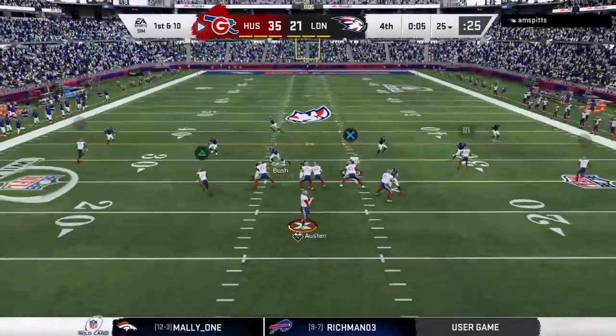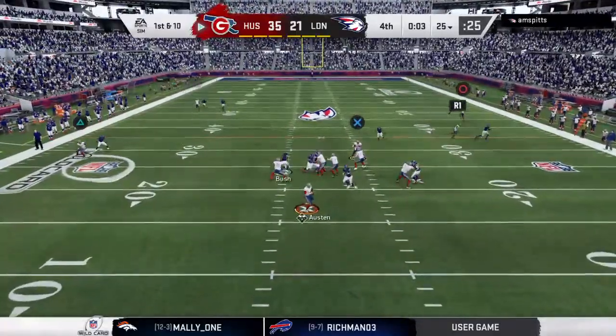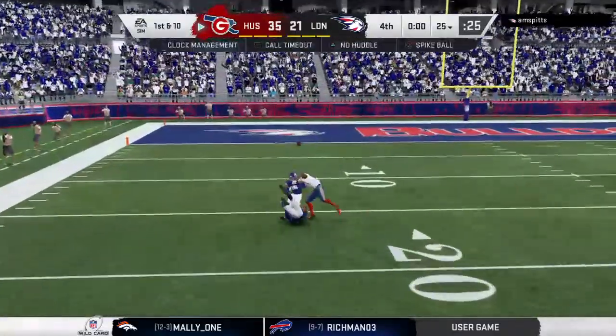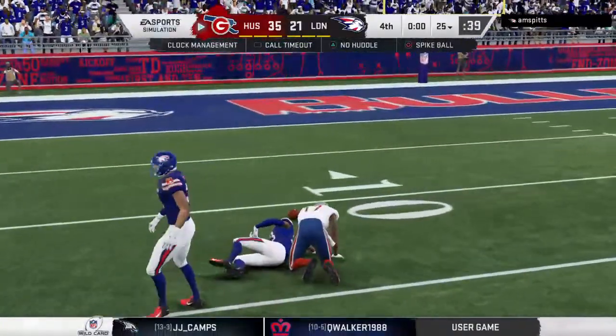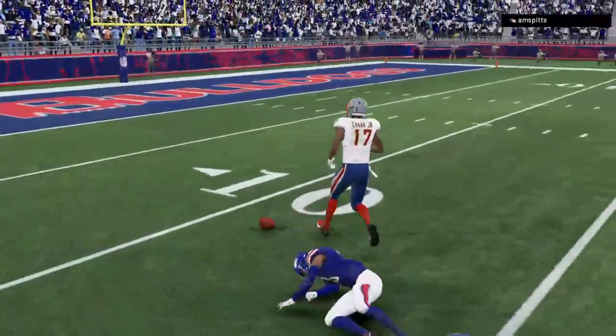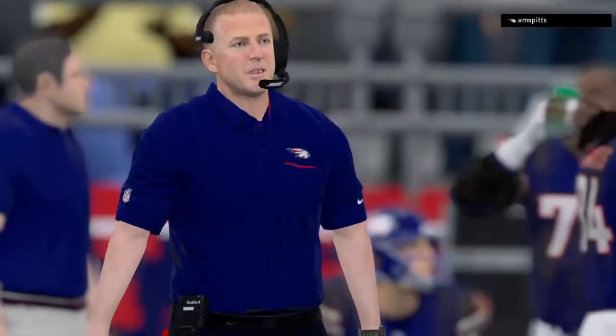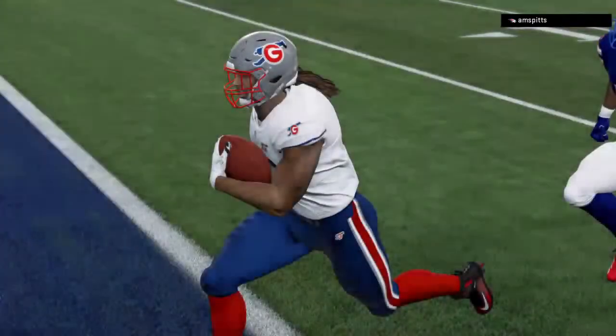Defensively, there's still 3 timeouts. Do you even need to use them at this point? I think a lot of coaches do it anyway, and it seems like cosmetics to us. Does it just send a message you're not quitting? Send a message that you're not quitting. Let your team know you're going to battle all the way, and you're always hoping for that ultimate miracle that something will happen, you'll pick up the ball and score, and you'll have a chance one more time and